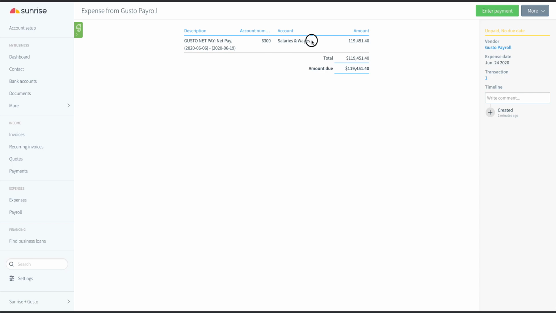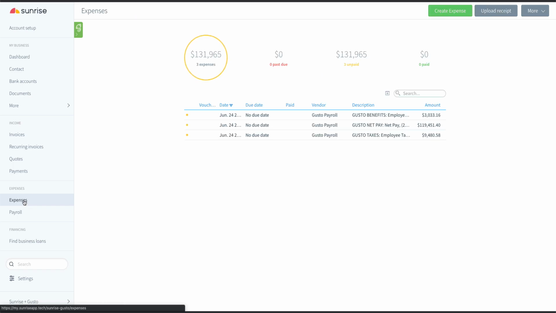And notice that it is all mapped to a single account. And our recommended account is salaries and wages. And that's going to come into play with some of these other expenses that we've created. So the net pay of the payroll, all of it goes into salaries and wages, at least initially. So if we go back to expenses,